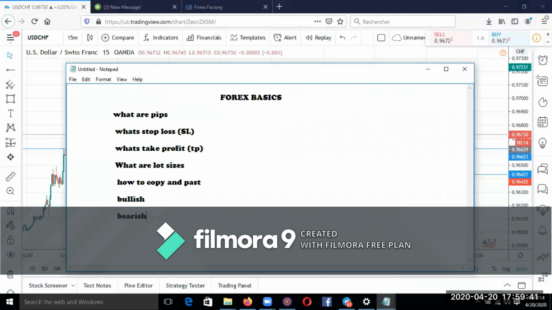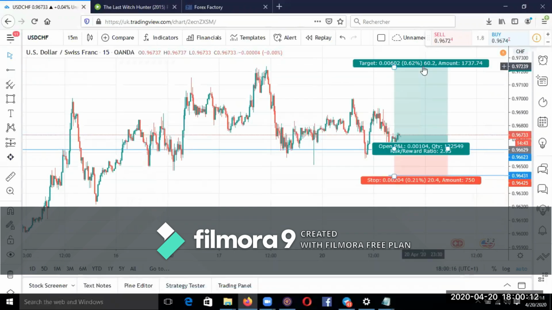And now, bullishness. What's bullishness? Like what they say, the market is bullish, or they say the market is bearish. What does it mean? These are all trading terms and trading words that you will listen to most of the people that are trading say. So if they say a market is bullish, it means